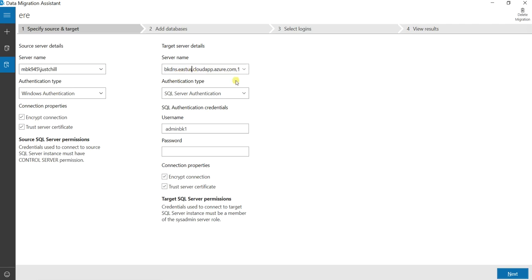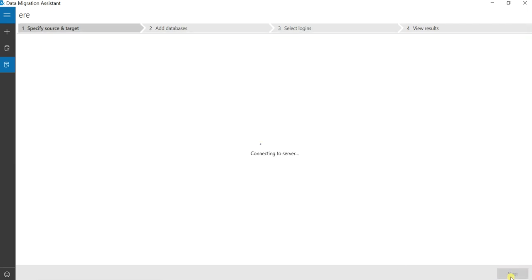So bkdns east to us.cloudapp.com, port number is 1433, and these are the SQL Server authentication credentials. So give the username and password. Take this trust certificates and click next. Connecting to the server.